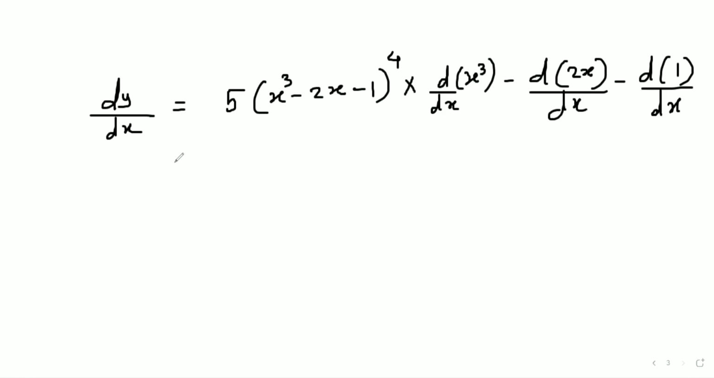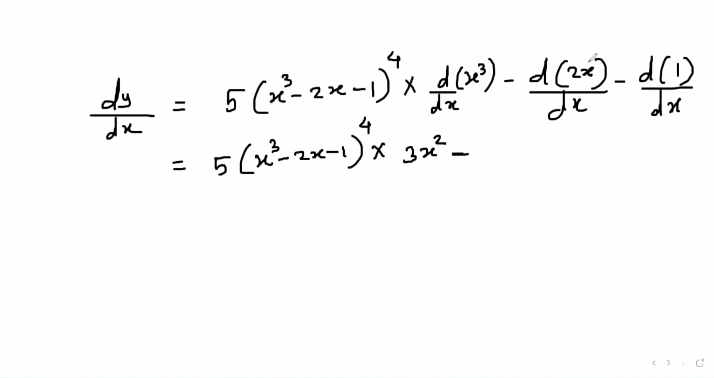So this is equal to, I will write the first term as it is, 5 into (x cube minus 2x minus 1) raised to 4, into, now the derivative of x cube is again 3 into x raised to 3 minus 1. 3 minus 1 means 2. So here we have found the derivative of x cube. As we know, the derivative of x raised to n is n x raised to n minus 1. We applied that rule here. 3x raised to 3 minus 1 means 3x square, minus